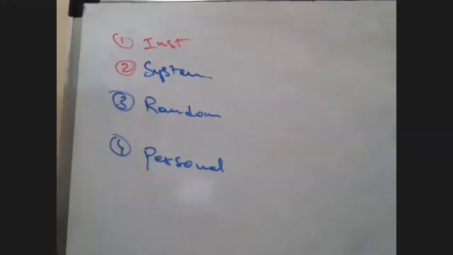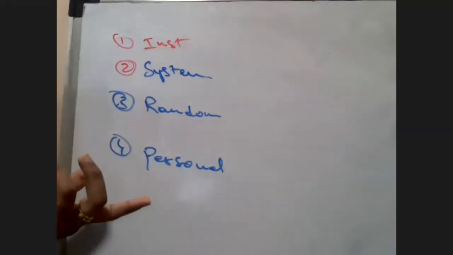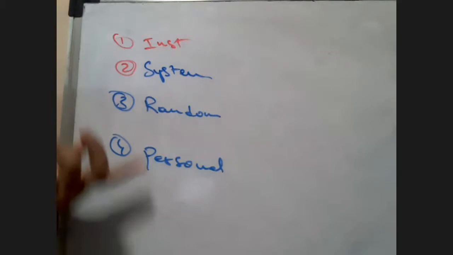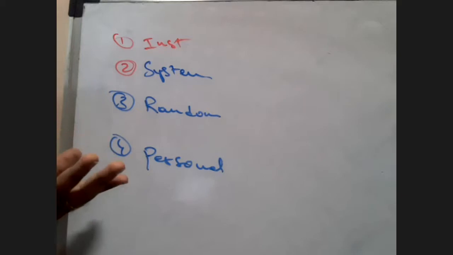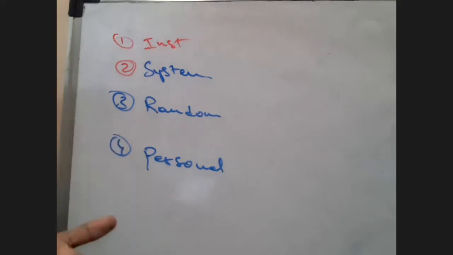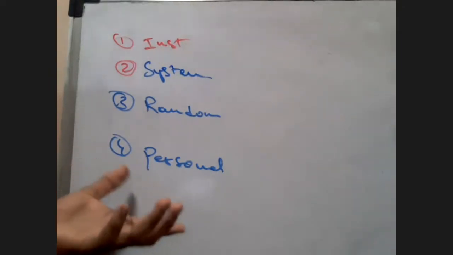Systematic error means, suppose I gave you a titration example last time, or any other procedure, like someone told you to press the power button to turn on your TV, but instead you press the volume button and think it will power on. That is a systematic error. Third is random error. Random error is by mistake. You do something wrong by mistake. And fourth thing is personal error. Personal error is on you. You are careless, whatever. That is personal error.